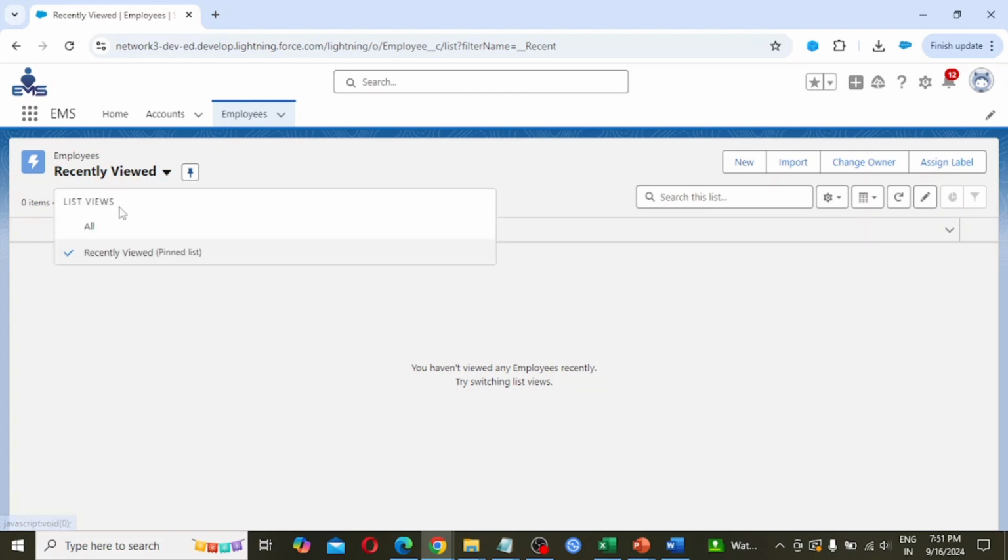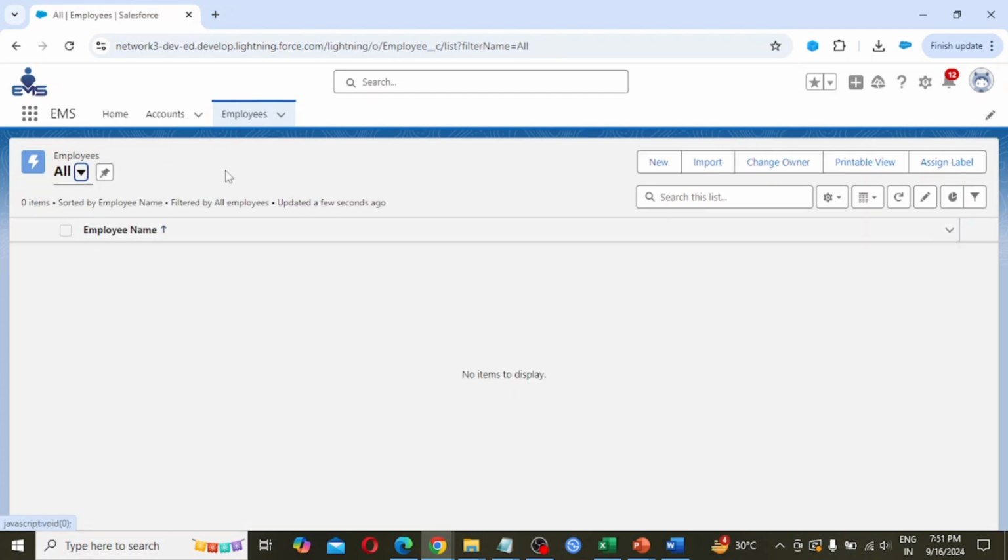There are different views. In the list view, if I click on All, there is no data, no record at all, since it is newly created.